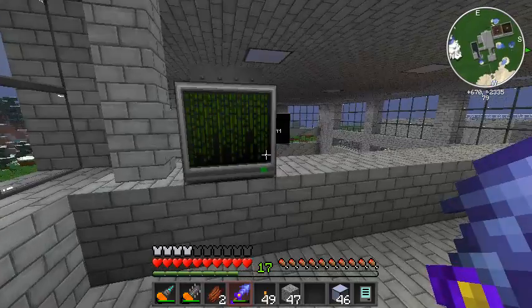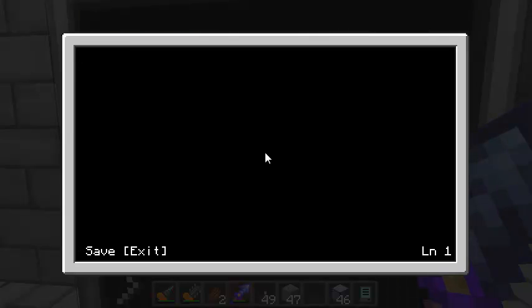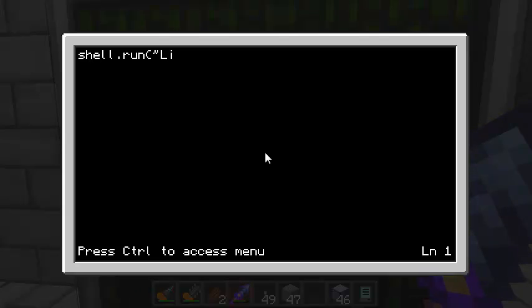Okay. So, this program over here, we need a startup as well to run a shell program, and this is going to be edit lights. Edit startup, shell.run, lights. Okay, what do we want to do this one? This one's going to do while true, so it's going to run forever. And we're going to go ahead and